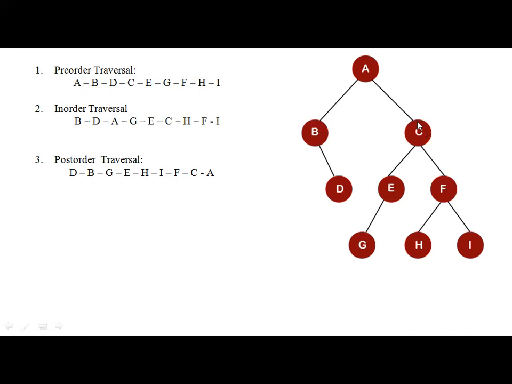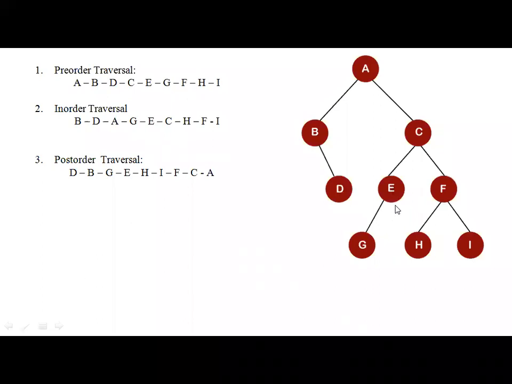Now you check, is it a root node? Yes, because it has a child, it is a root node. You should not visit the root. So immediately go to its left child. First you should go to left now. So go to its left child E. Find out, is it a root node? Yes, because it has a child node. It is a root node. You should not visit this. So go to its left child G. Okay, so there is no left and right child. So this is the left child. Immediately write onto the output. So left over, then visit its root. E is the root. So write onto the output.